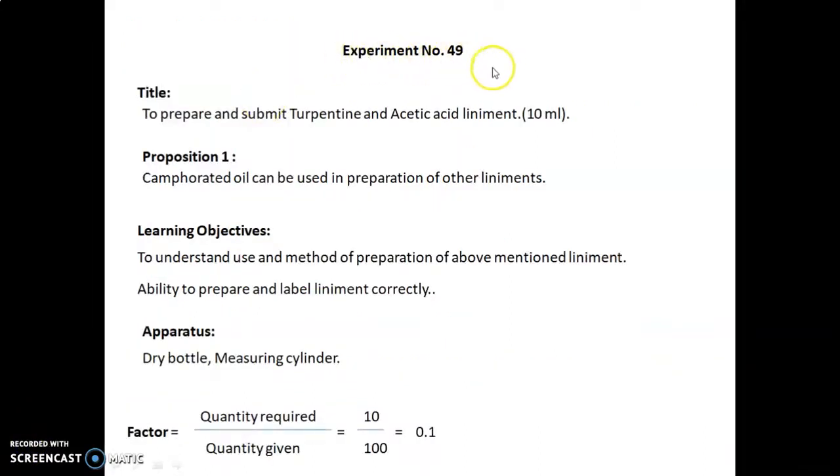Experiment number 49. The title of this experiment is to prepare and submit turpentine and acetic acid liniment 10 ml. Preparation 1 is camphorated oil. It can be used in the preparation of other liniments. So, to understand the use and the method of preparation of the above mentioned liniment, and the ability to prepare and label liniment